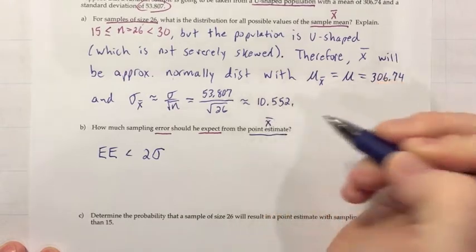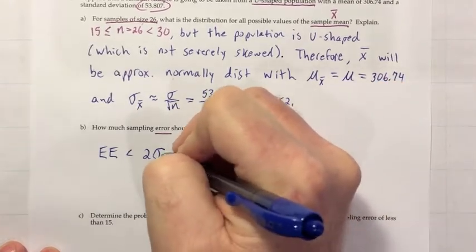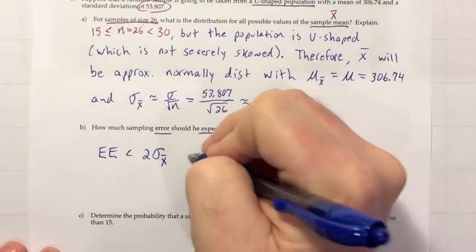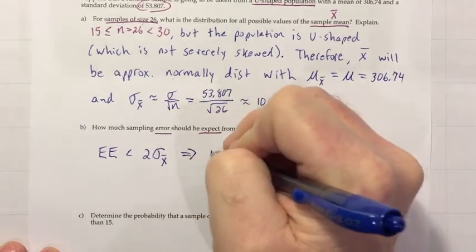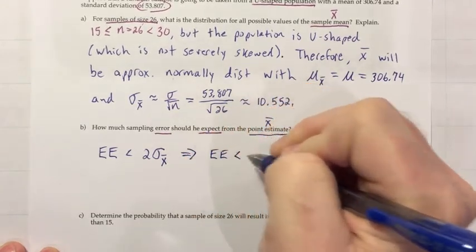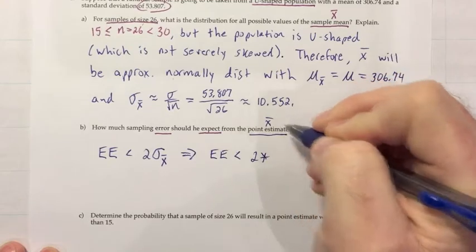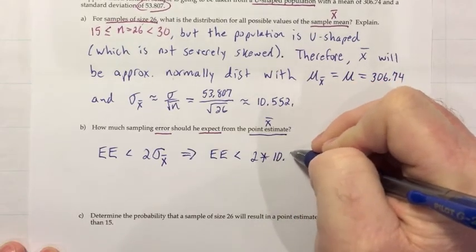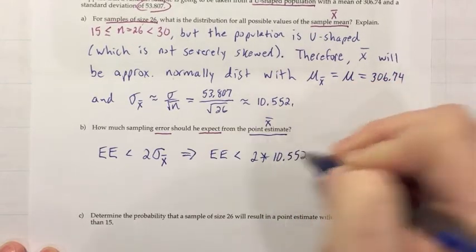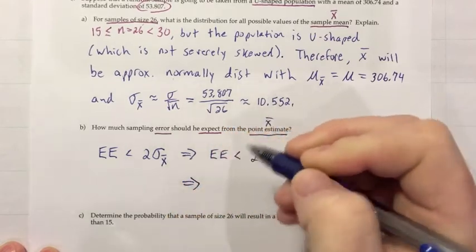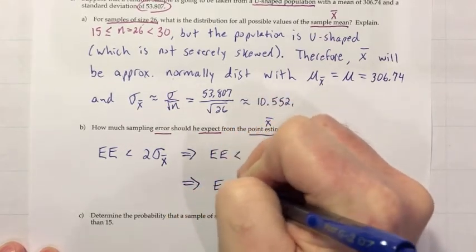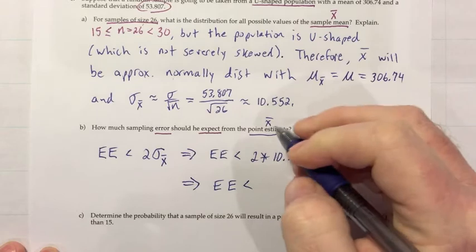It's going to be x bar. So our expected error is less than 2 standard deviations of x bar, and that means our expected error is less than 2 times the standard deviation of x bar, which we computed right up there, 10.552. And if you throw that into your calculator and do the doubling, you will get an expected error of less than